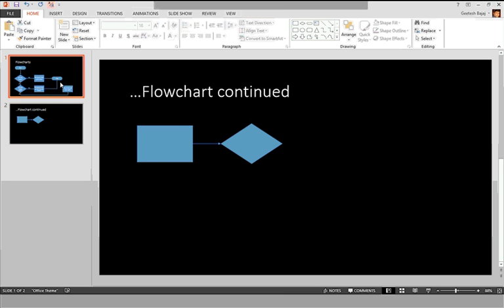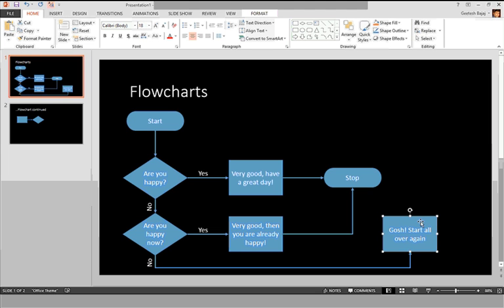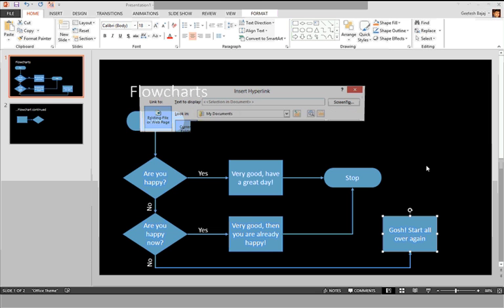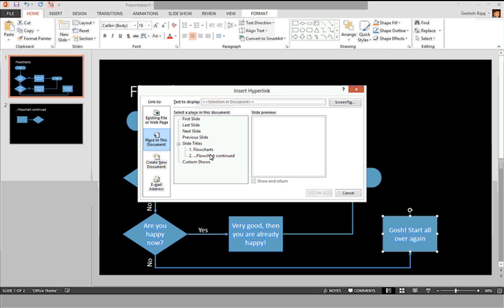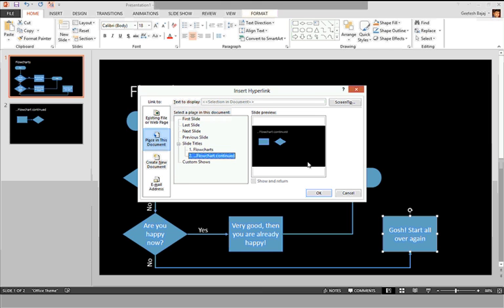So all you do is select your "Start all over again" flowchart shape, and then press Control K. Control K stands for hyperlink. Okay, so you go and say Place in This Document. You get this Insert Hyperlink dialog box. You choose Place in This Document and the next slide that you have. Now I have 2 slides, but you may have 50 or 100. It doesn't matter. You choose the slide number over here where you want it to continue